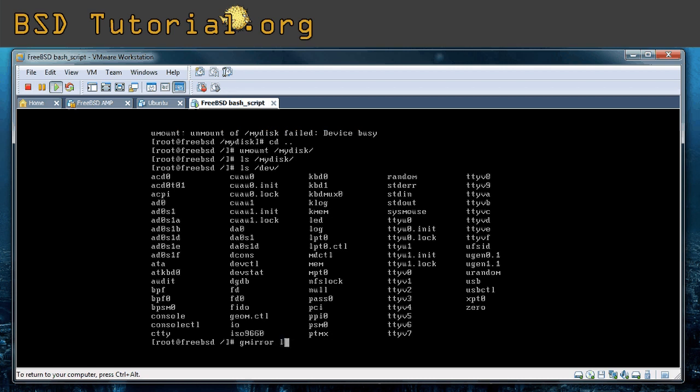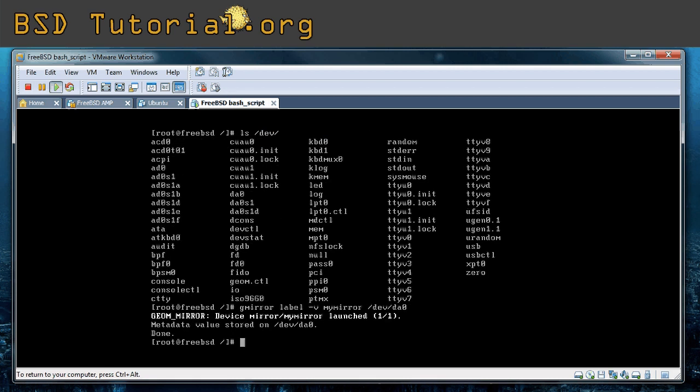gmirror label -v. And now we call it my mirror. This is the name of the mirror that we are creating now. And then we select the drive. In this case it's da0. Don't take the partition, only the entire drive, and it's da0 in this case. When I press enter now,